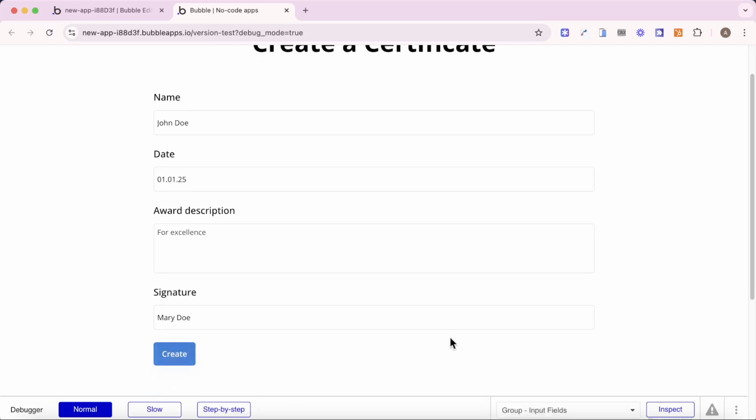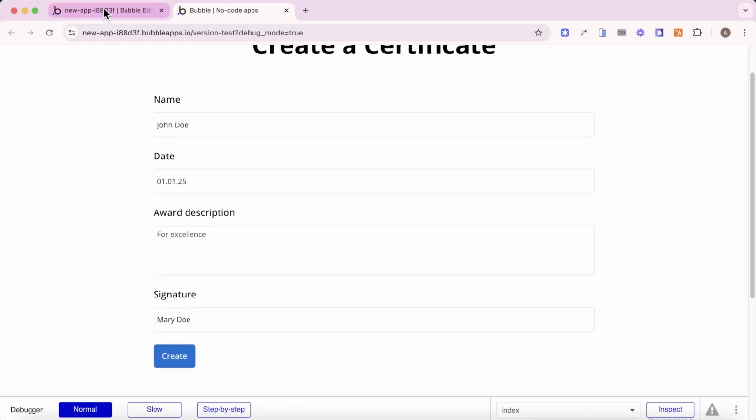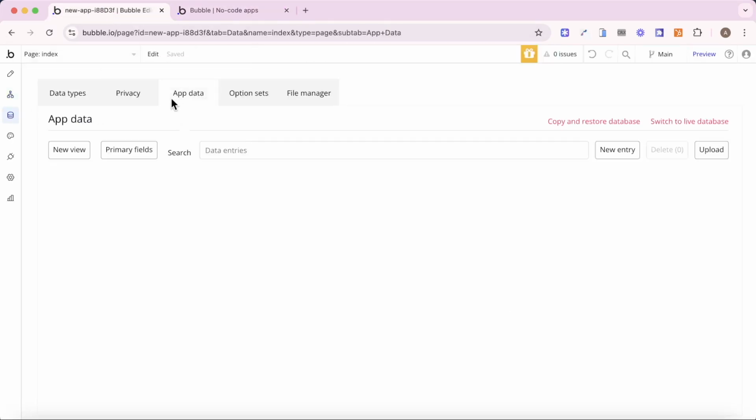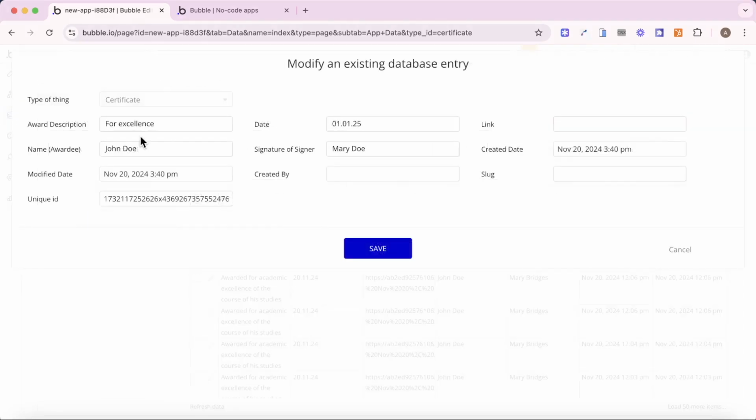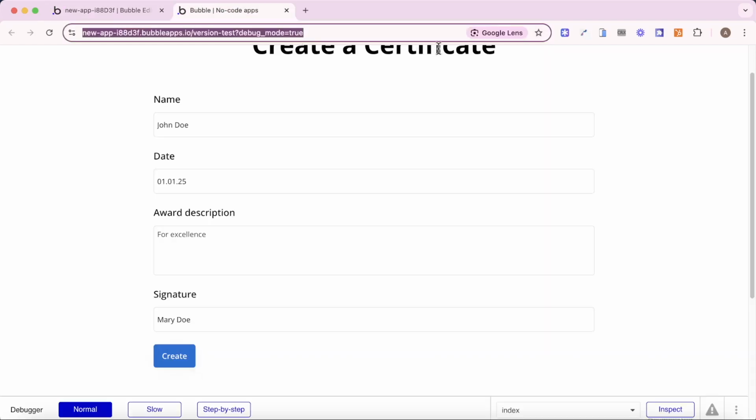Okay, so let's click create, and something's happened in the background there, or at least we hope it has. If we go to app data and look at certificates, we can see this is our most recent entry. So what is useful here is just to show you how this looks if we use this data on the certificate page. So what I'm going to do is get rid of debug mode,